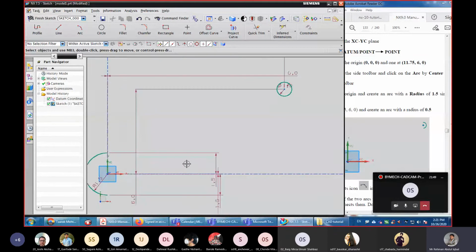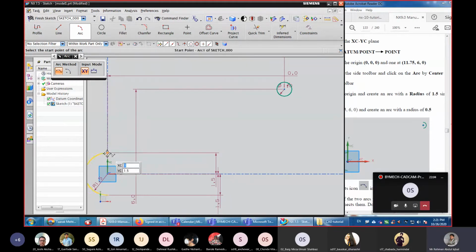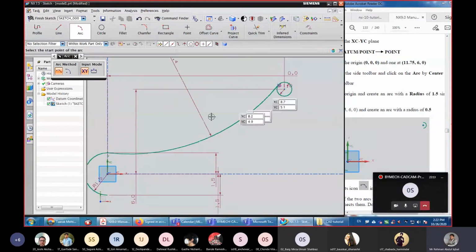And after this, join these two with one arc, a 3-point arc. So just click it, and this one, and place it somewhere.